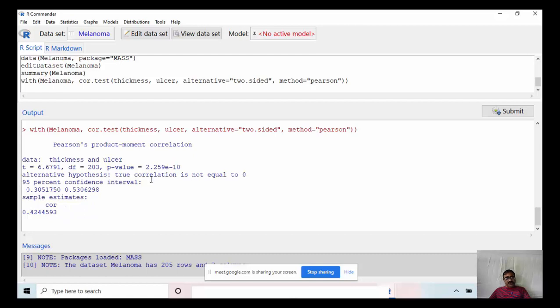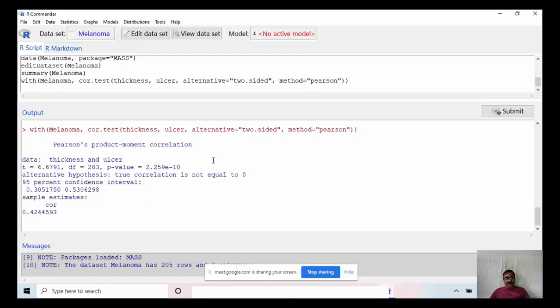Now what will be the conclusion here? We get the t value is this, the p-value is 2.259 times e to the minus 10, means 10 to the power minus 10, that is 0.000000000226. So the p-value is almost equal to 0. So we reject the null hypothesis.